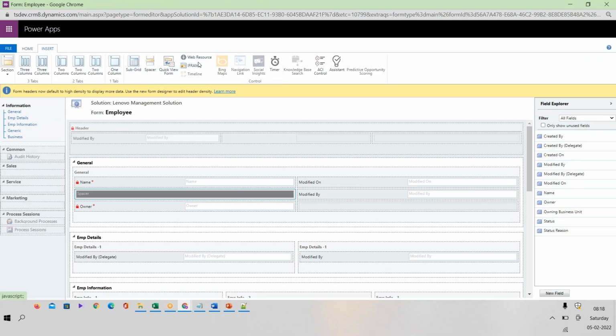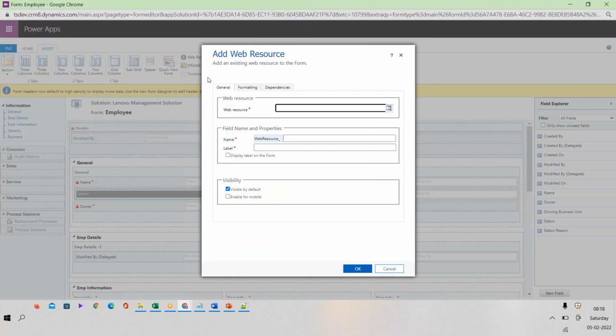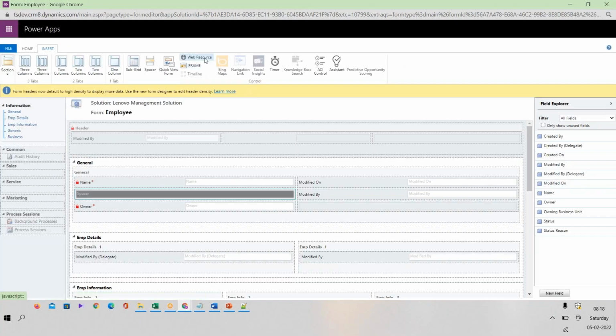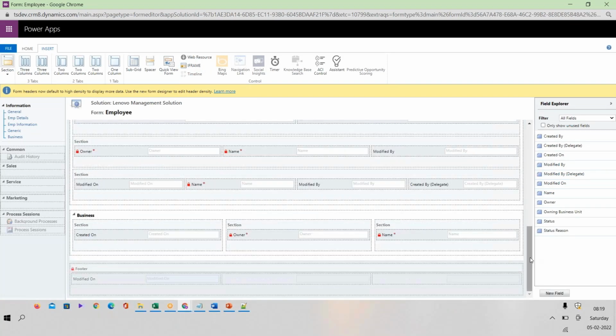Okay, spacer is done. Next we can see web resource or iframe. With a web resource, we can take images into the screens, or if we write JavaScript, then we will use the web resource. I will tell you later when to use this web resource. And here you see there is another option, iframe. So iframe is nothing but, let me take it in